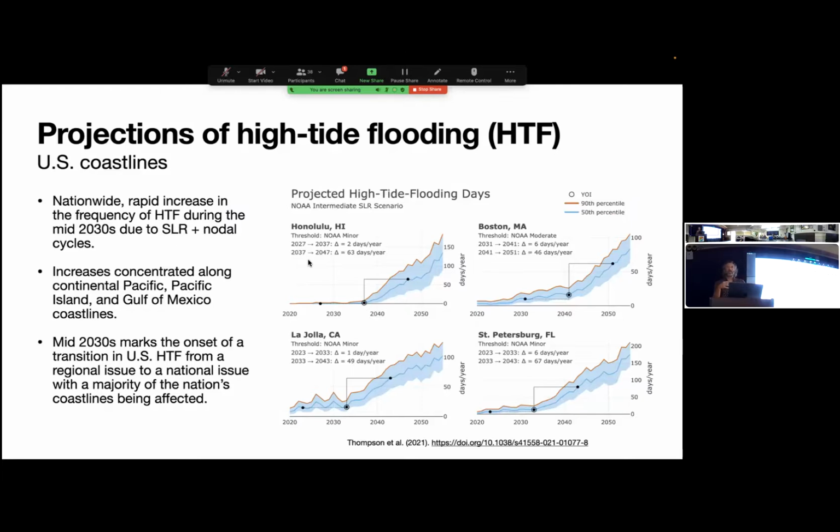inflections due to that nodal cycle, that 18.6-year cycle. There are inflections in the projections of high tide that can serve as really important planning horizons when you're thinking about when the impacts from sea level rise are going to really ramp up. And it turns out that around the mid-2030s, at many locations around the US, Gulf of Mexico, west coast of the US, Pacific Islands, or I guess specifically Hawaii, really, the mid-2030s is a really important inflection point in terms